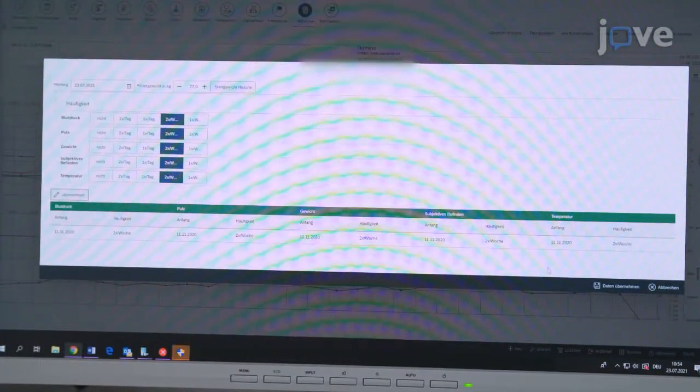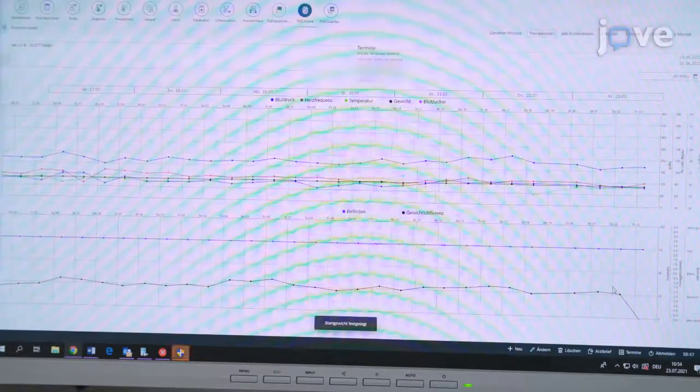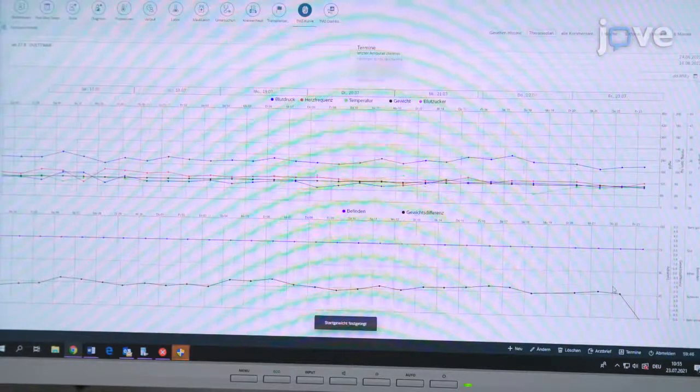Define the therapeutic plan for home measurements with the patient and fill out the frequency table in T-Base. Discuss with the patients when to contact them to remind them to forward data and encourage the patients to call in case of medical